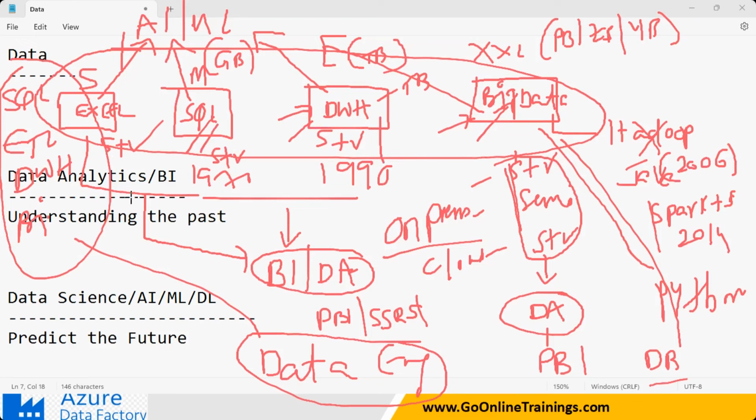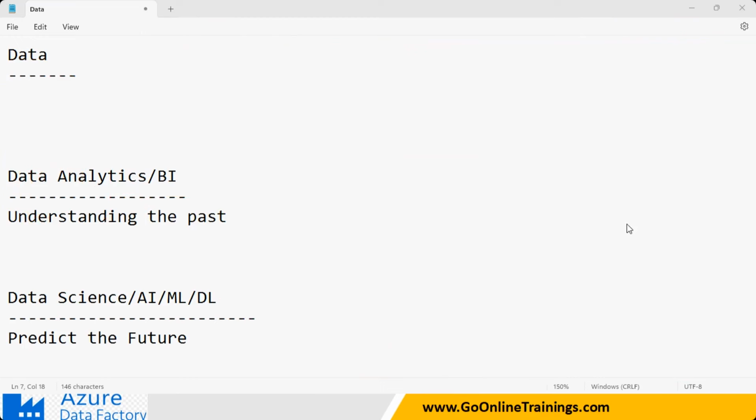Clear? So the data engineer is the guy today. He's going to be working with any kind of data, not only data warehousing data, not only structured data I'm talking about. Am I clear? You may be working with any kind of structure. Clear? So that is what you need to have.